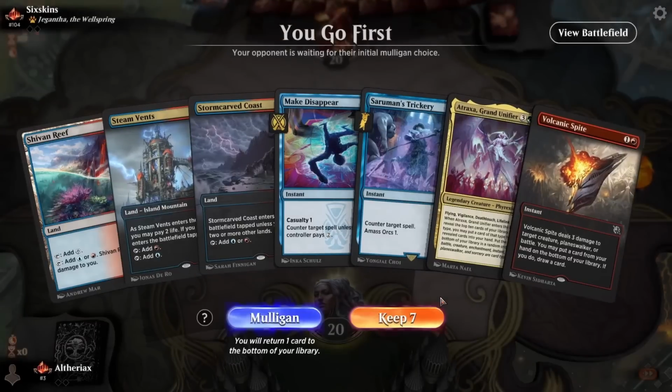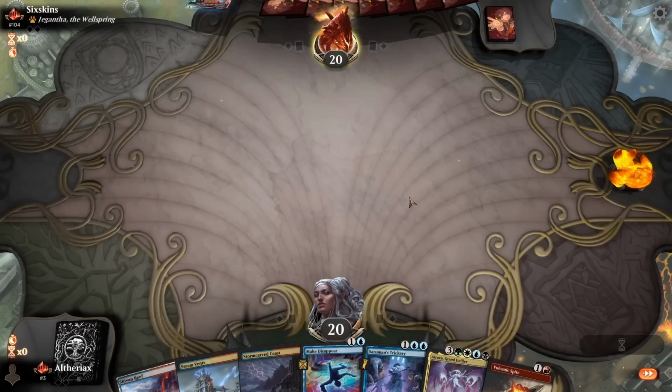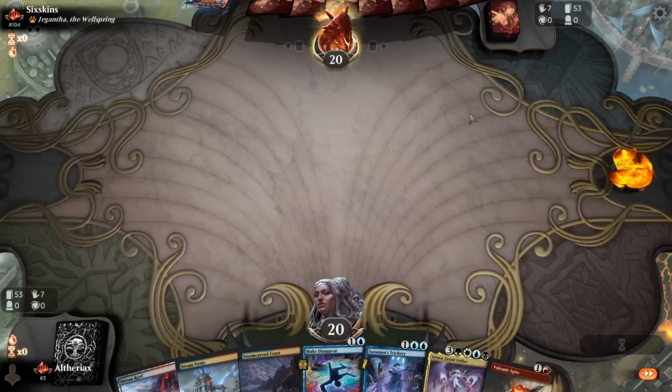Okay, so we're on the play here. And yeah, happy to keep this one, right. Obviously having a Traxxer in the opening hand is a little bit awkward, but we do have Spite to put it back, so...